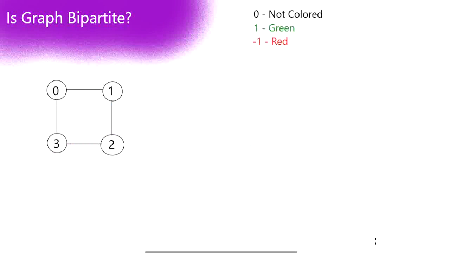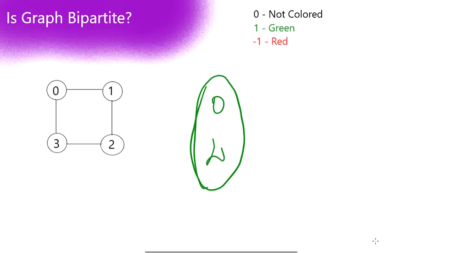Here we are going to divide the graph into two groups. To represent it easily, we are going to map it with color codes. In code, we are just going to map it with values, that is, ones and minus ones. Here, to understand better, I'm denoting it in color. My set 1 is going to be in green color, where I'm going to have 0 and 2. And my set 2 is going to be in red color, where I'm going to have 1 and 3.